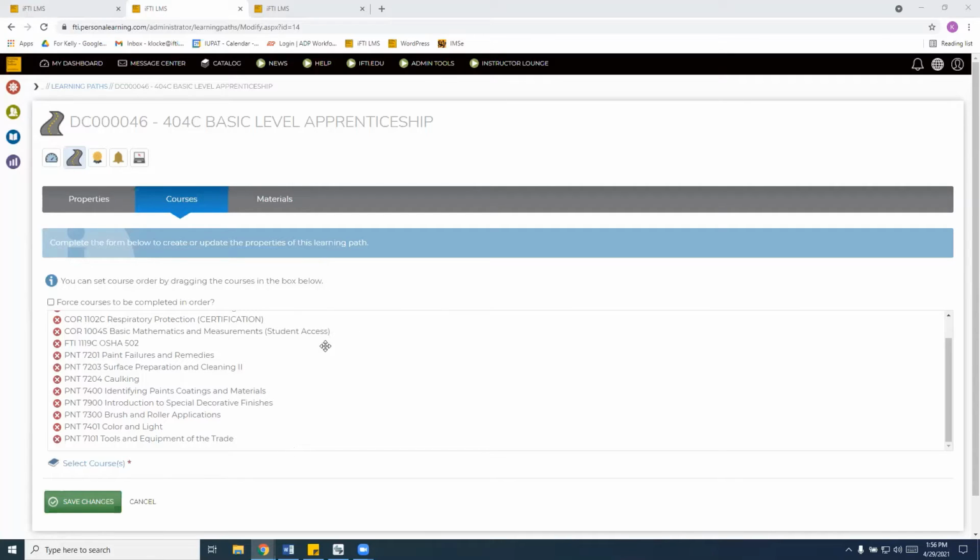Yeah, and Kelly, this was a request back when we had the old LMS, because when the apprentices sign on, all they see is a bunch of courses, and there was no way for us to actually have them organized in a manner where it's similar to the curriculum. So now with the learning path, the DOTs or the coordinators can actually set up the sequence of the courses.